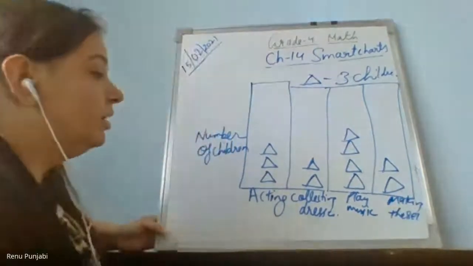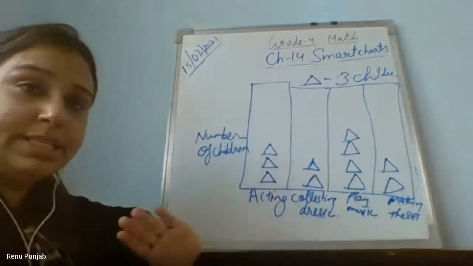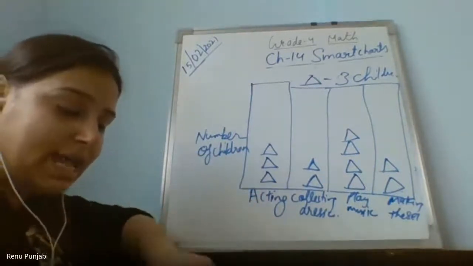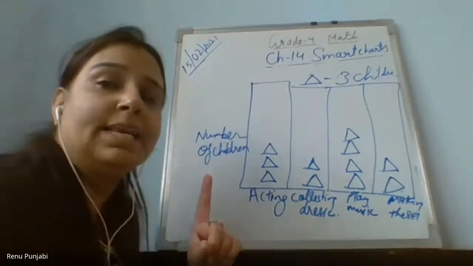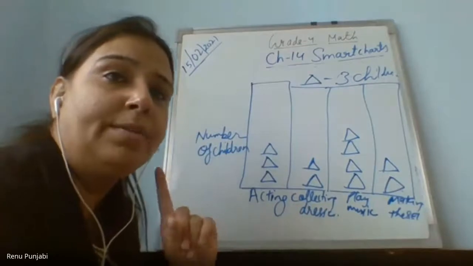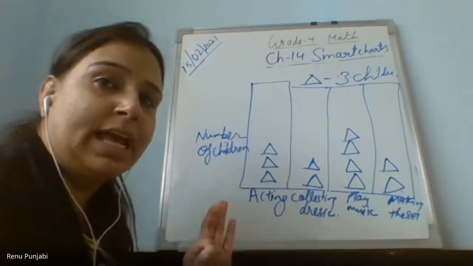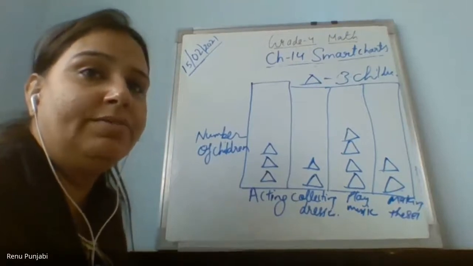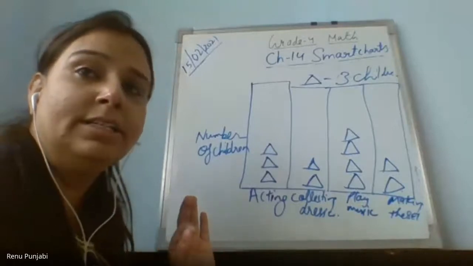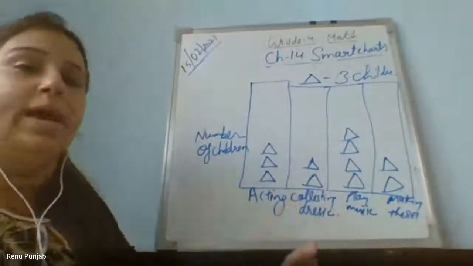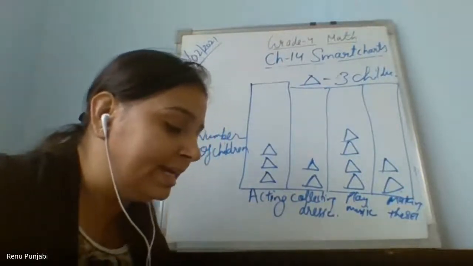So now by looking at this pictograph, there are a few questions given in your textbook also. I will ask one by one. Please write the answer in the chat box. If one child has given the answer one time, they will not repeat again and again. If Vivan has given one answer, then Vivan will not give the answer again and again. He will sit quiet, and wait for the others and for the teacher to say whether the answer is right or wrong.